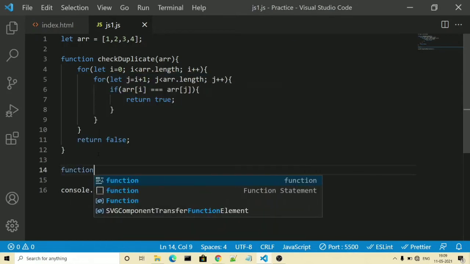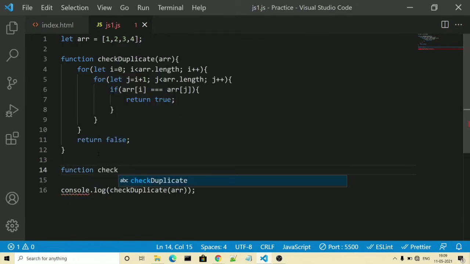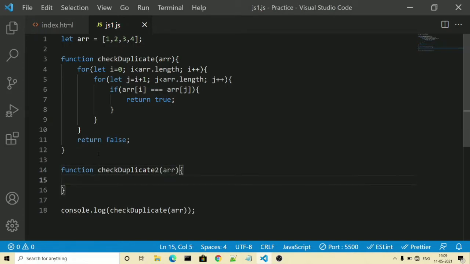In our second function, checkDuplicate2 this time, we will pass the array again as a parameter. Inside that we will create an object. As we know, an object can store unique keys. The keys cannot duplicate, so we will make use of that concept here.